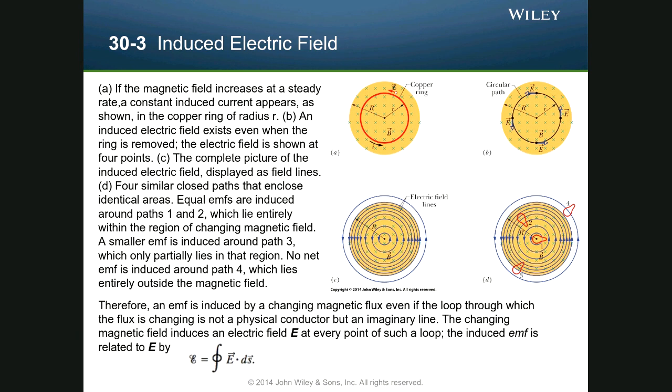All right, so you can look here at a copper ring, and let's look at all these. It's a busy slide. What we're seeing here is that there's a magnetic field increasing at a steady rate. If the magnetic field just keeps going up, then a constant induced current will appear, as shown in the copper ring of radius r. So that's A, and you'll notice you have a current